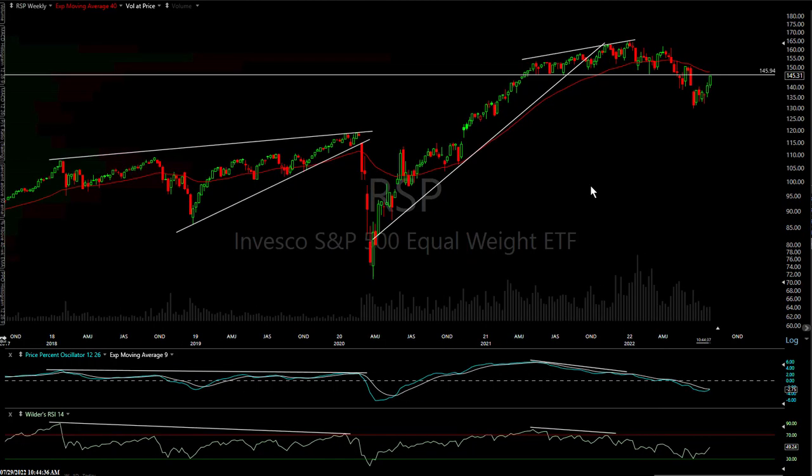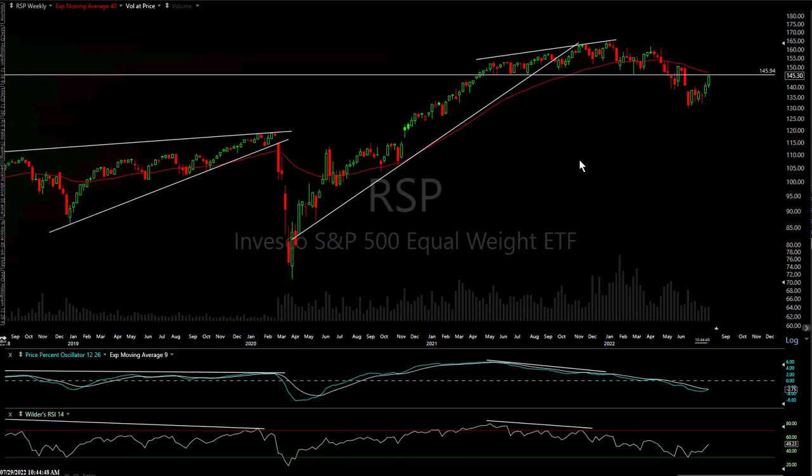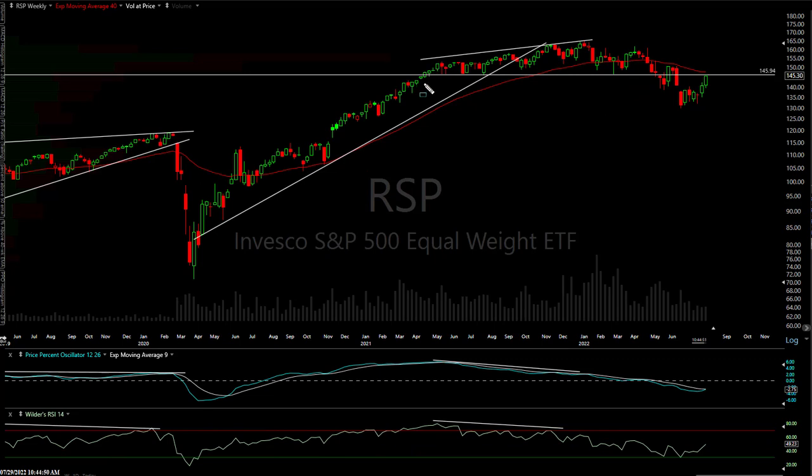But what I wanted to point out here is, well, we know where we've gone. There's no point in talking about that. But this was a big support level for RSP, the equal weighted S&P 500. I mean, these are weekly candles. You've got 1, 2. Look at either the body, the fat part, or the shadow, the skinny part, touching. 3, 4, 5, 6, 7, 8, held it there, broke right there finally. So that was very well defined support.